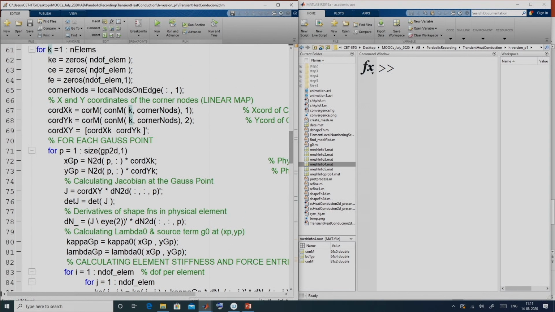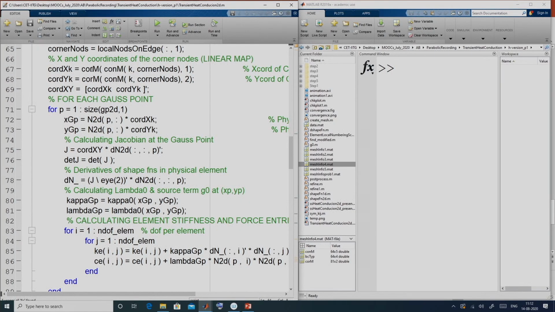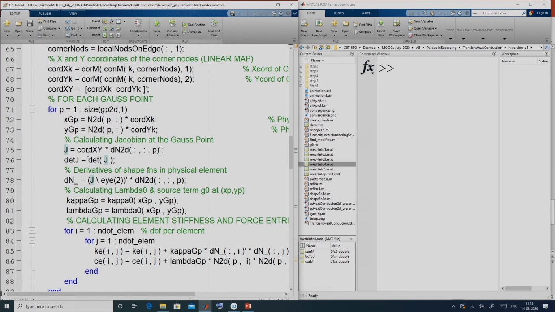So, in this case as you see this is same as whatever we did in the earlier problems. We initialize the element matrices and the element force vectors, alright, because we know the number of degrees of freedom per element. We can find out the x and y coordinates of the nodes of the physical element, alright. Then we run a loop over Gauss points, because we are calculating it numerically. We will find out the Jacobian using the derivatives of the shape function in the master element and the coordinates of the physical element. Then we calculate the determinant, then we calculate the derivatives of the shape functions in the physical element corresponding to the Gauss point, that is dN bar, alright.